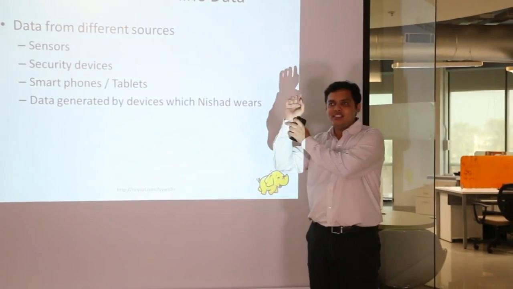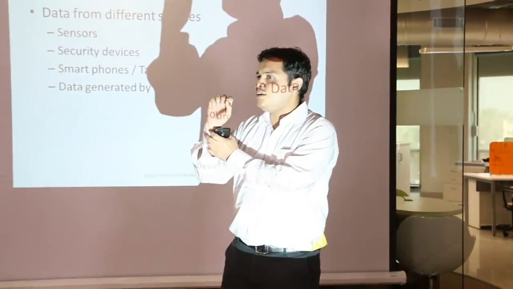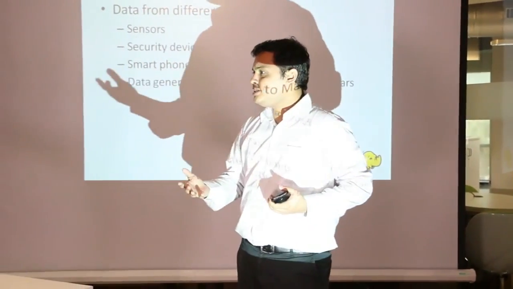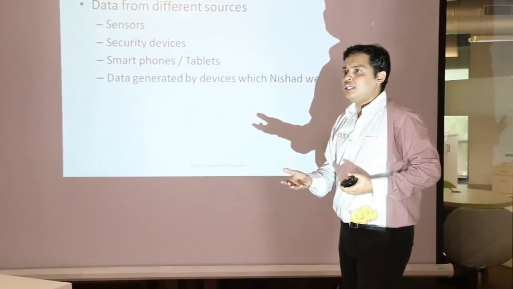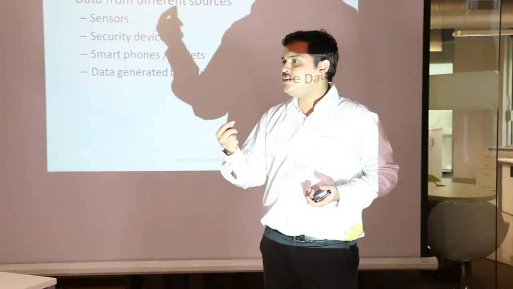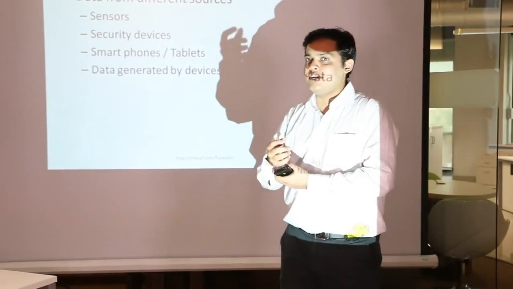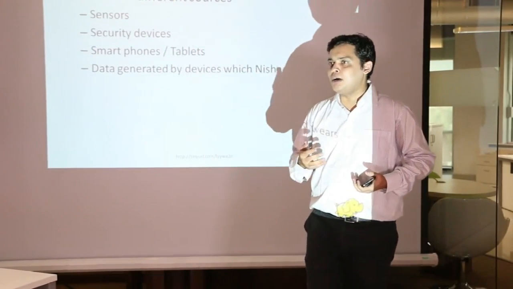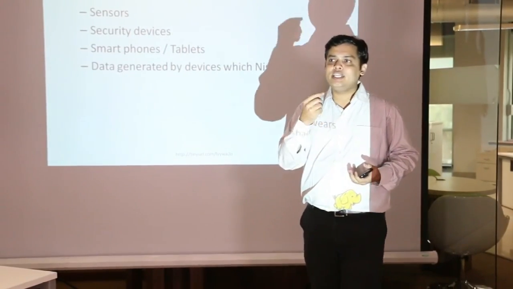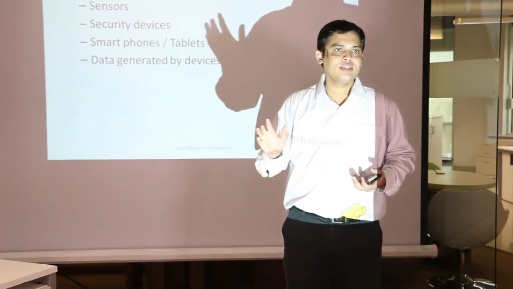Have you seen a band on Nishal's hand? Yeah. Right? What it does is it generates data about how much Nishal walks, is he having a peaceful sleep or not, how many times he is being disturbed in his sleep. So that's the data which is generated for Nishal. So let's assume that the whole world is actually using that device. Now imagine the amount of data that will come in, right? So this is basically machine-to-machine data generated by a machine and used by a machine. Got it?